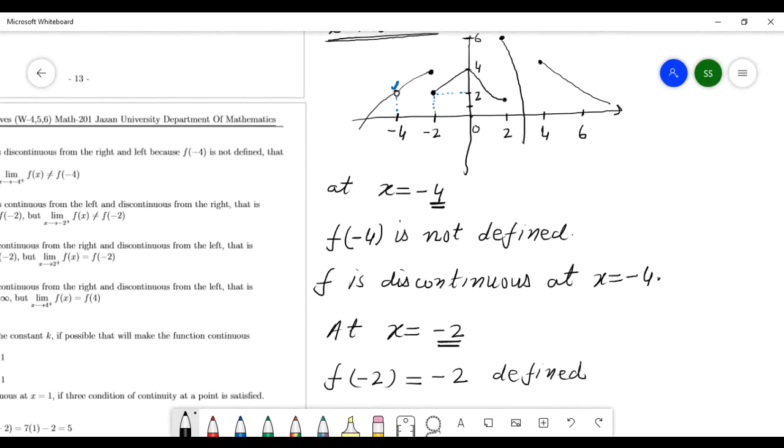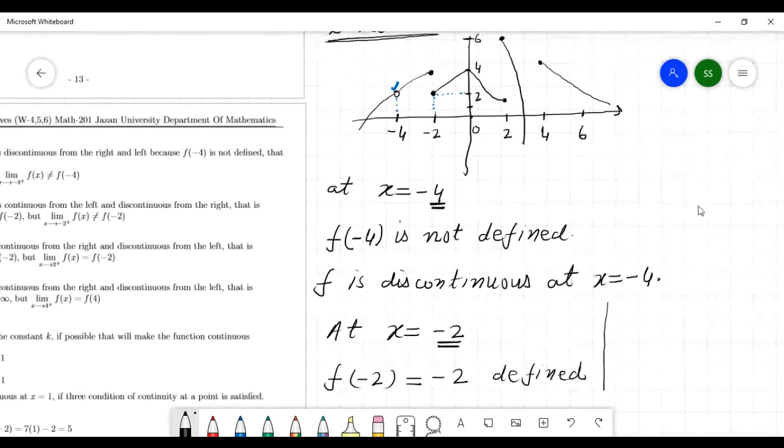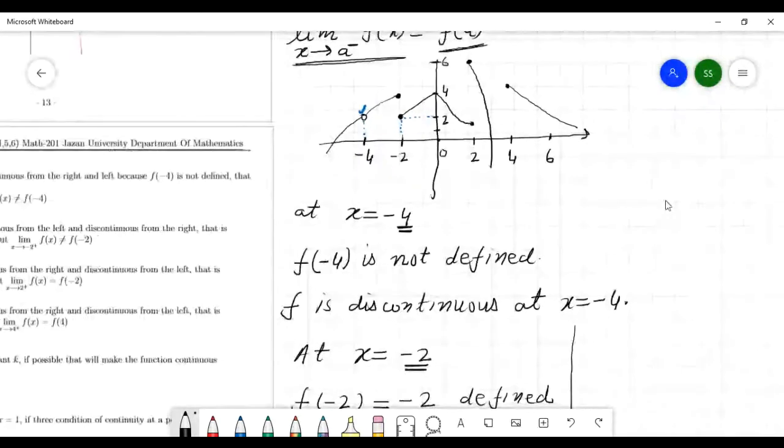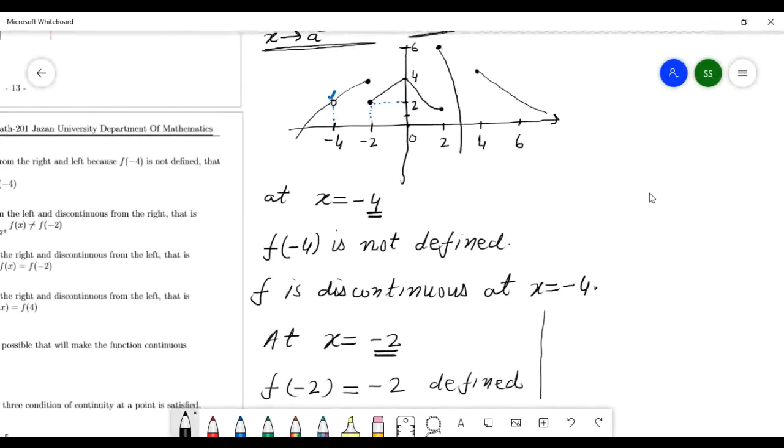So f of -2 is defined. Okay, now check the left limit at -2. Check the left limit at -2. And here, if I check the left limit, x goes to